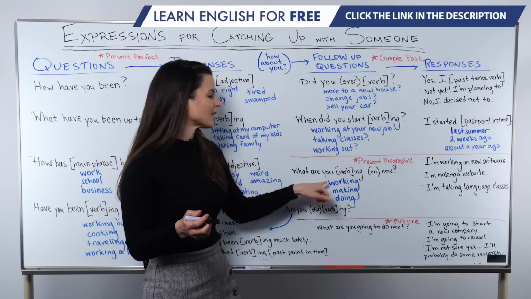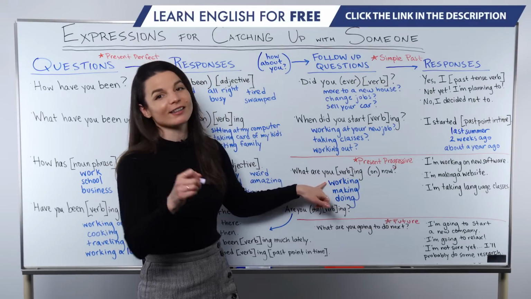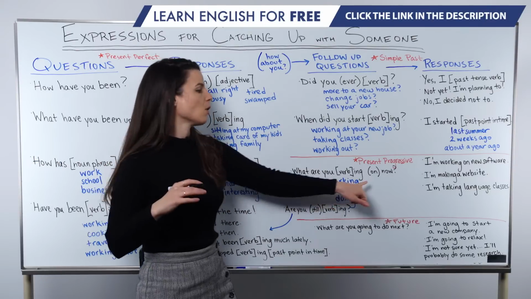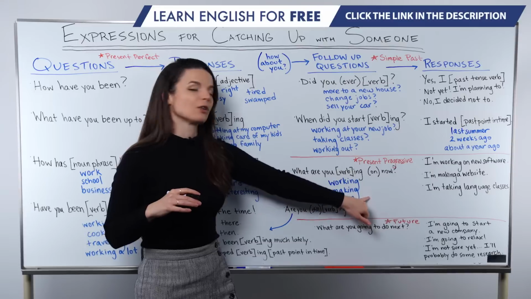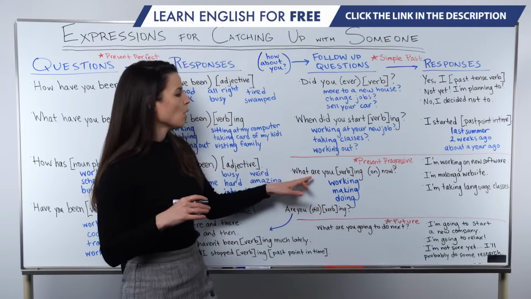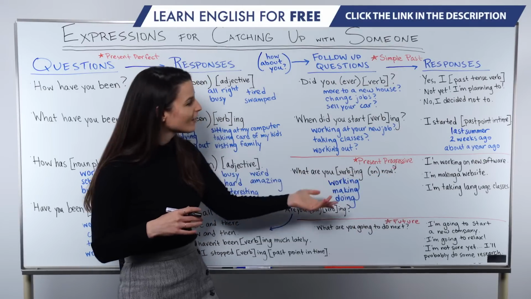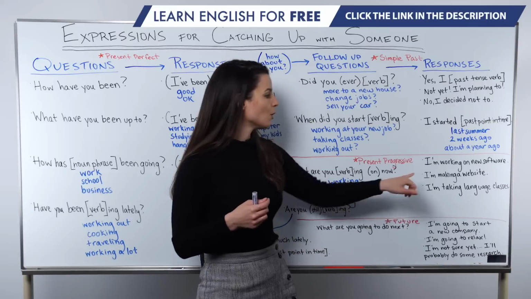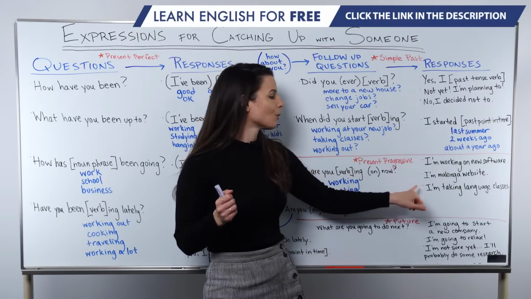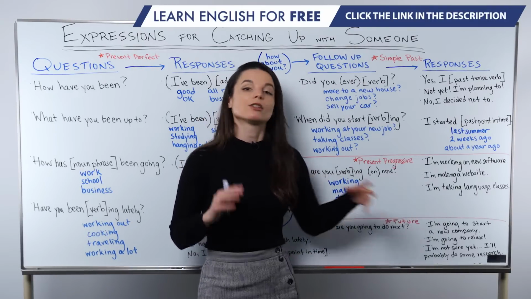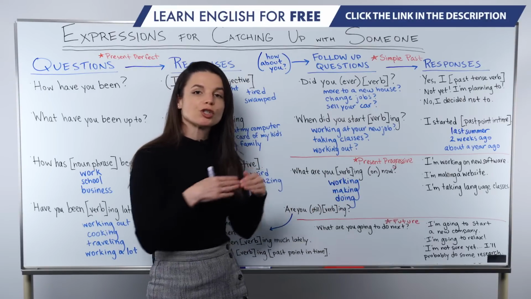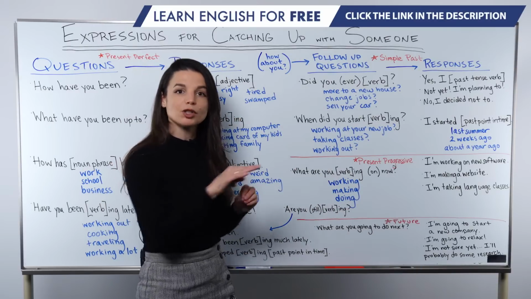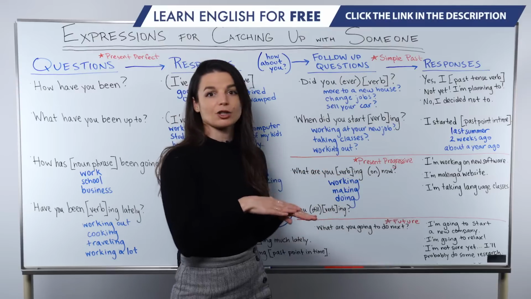I have this on here because we tend to use working on a lot in this question to mean generally what kinds of projects or what kinds of activities. So on is in parentheses here. We don't need to use it with making or doing though. So what are you verbing now? The answer also uses the same progressive form. I'm working on new software, or I'm making a website, or I'm taking language classes. So again, we're using the progressive form to show that that activity is continuing. We've asked with the progressive form as well to show that we expect there's a continuing action happening too.